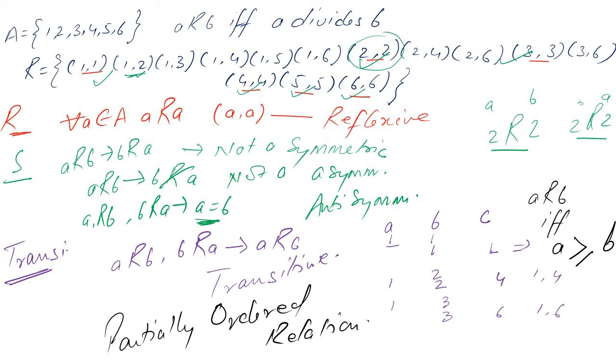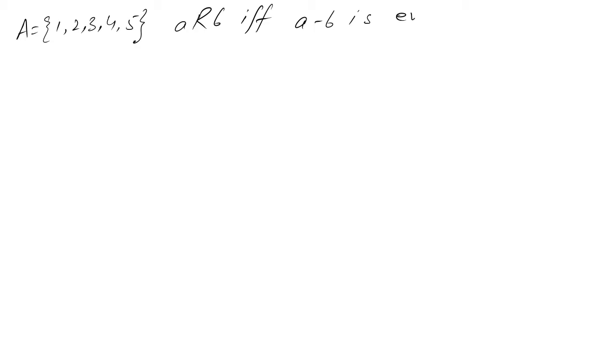Let's take another example. Let's take one more example where the set is a small set only. Let's say the set A is equal to 1, 2, 3, 4, 5. And let us define the relation as A is related to B if and only if A minus B is even. Now, a very common confusion that I have seen in students' minds is, please understand, 2 is an even number, so minus 2 is also an even number. Nowhere does it say that a negative number cannot be an even number, right?